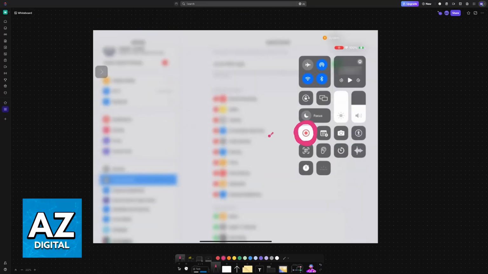So this will be a basic red dot. By default, it is going to be grayed out. Whenever you tap on it, screen recording will start immediately, and it is going to turn into this white background icon, which indicates that your screen is being recorded. You can also tell because you will see this indicator here next to the Wi-Fi and also the battery percentage. So whenever this is showing or active like this, it means that your screen is being recorded.